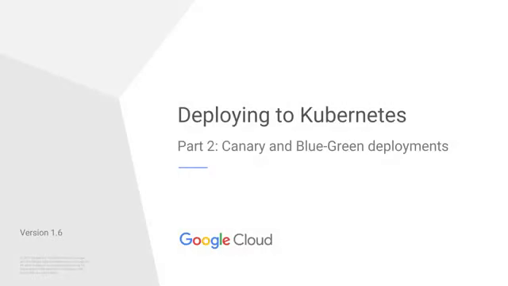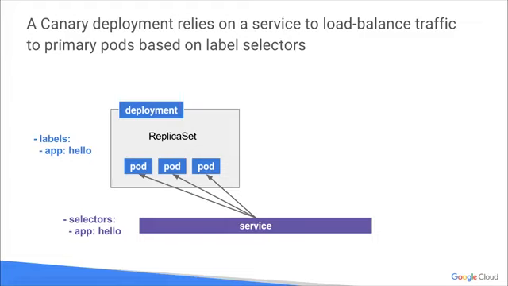Carrying on with deploying to Kubernetes. Part 2, Canary and Blue-Green deployments. All right, so a Canary deployment relies on a service to load balance the traffic to primarily pods based on